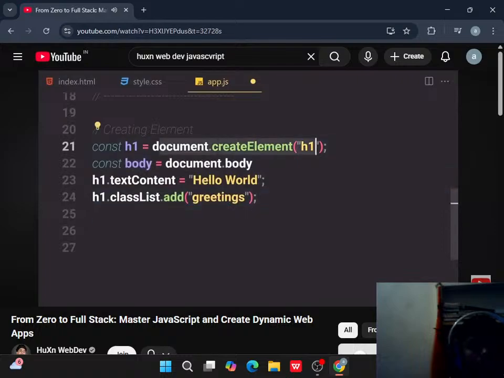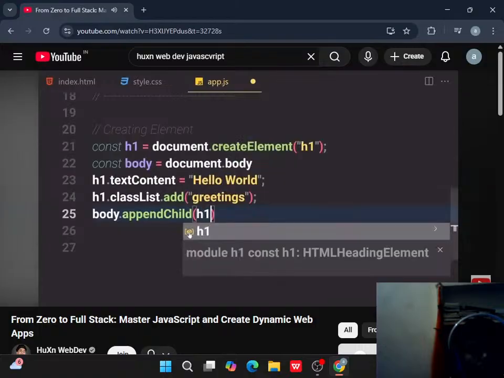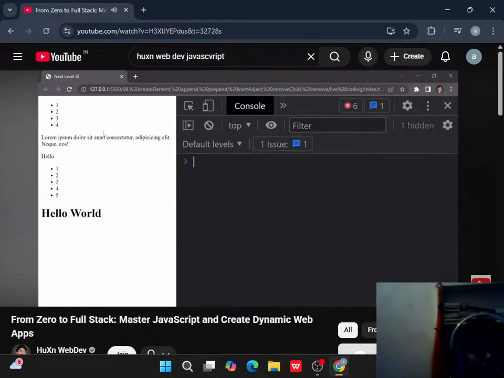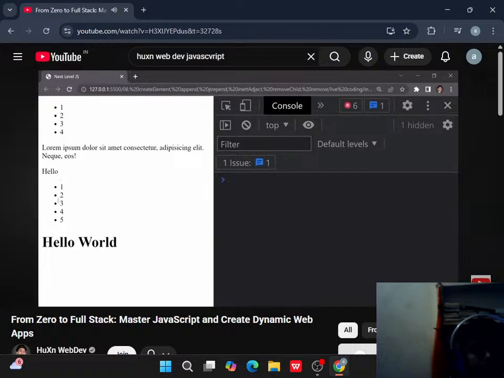Now we create our element, we provide text to our element, we provide a class to our element, but we don't have that element inside our body. So if you want to push that newly created element to this body, we can just use appendChild. So I'm going to write body.appendChild and set that h1. If you save that, here you can see it will not be right here, but it will be at the end of this body. It will not be at the top, it will not be at the center, but it will be at the bottom,